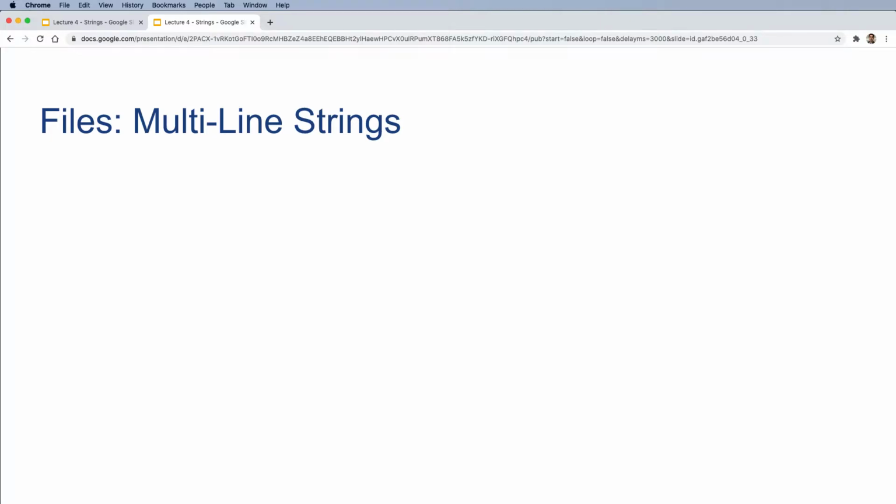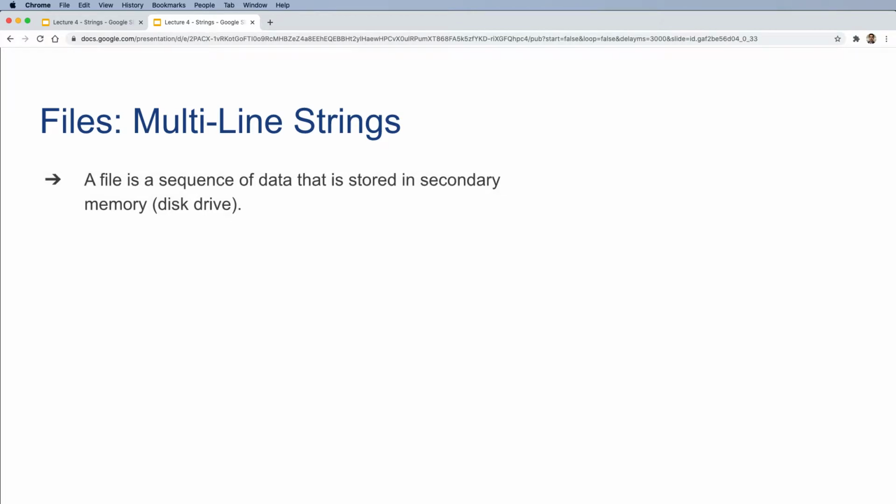In this video, we're going to talk about how files work and how we can use Python to read or write to files. A file is a sequence of data that is stored in secondary memory such as a disk drive. Files can contain any data type, but the easiest to work with are text, which could use ASCII or